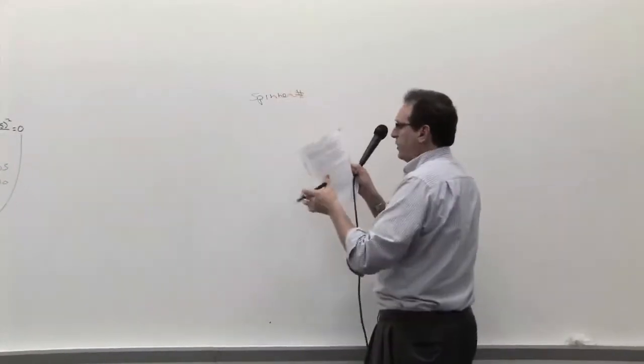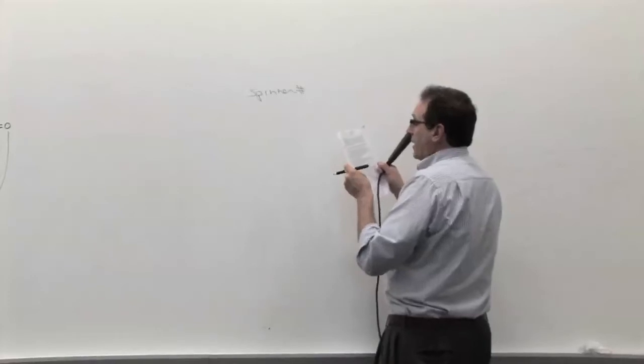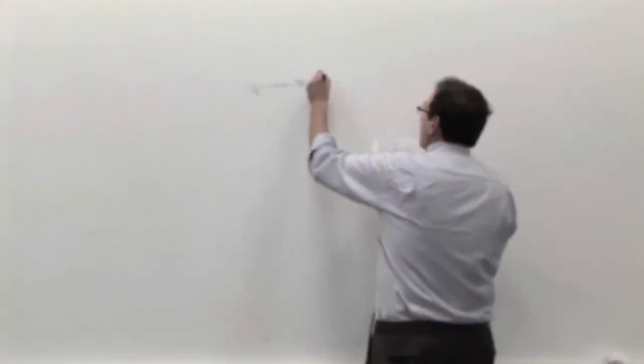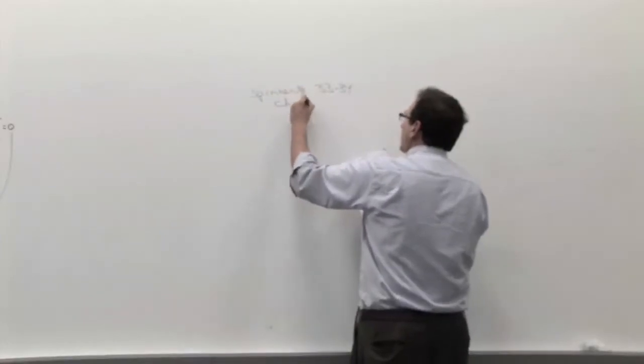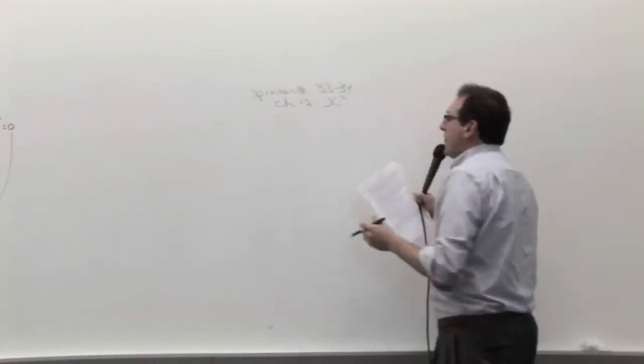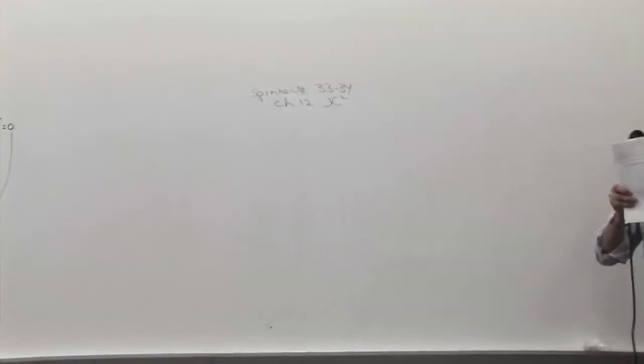Number, this is for chapter 12, number 33 and 34. Really 33. Chapter 12, chi-squared. Okay, so the trick is, so the question is, again, if this has been the pattern of